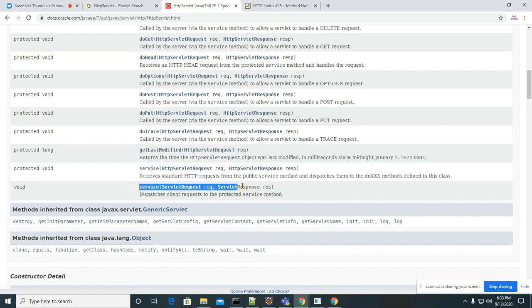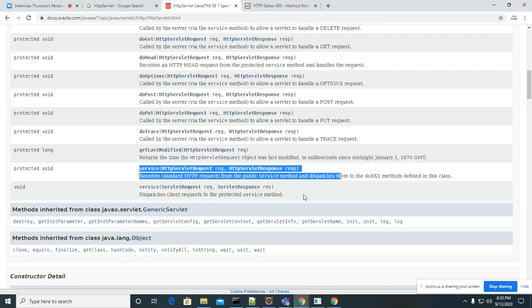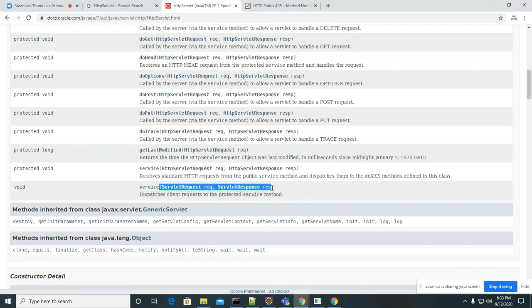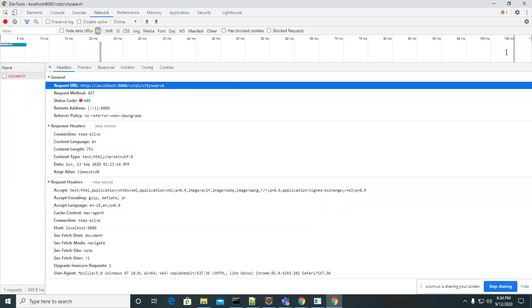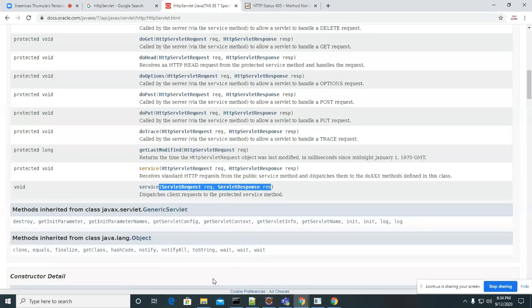That means both are service methods, but one takes servlet request and servlet response, and the other takes HTTP servlet request and HTTP servlet response. Because these are based on the protocol, which protocol are we using? It is the HTTP protocol. If you are using any other protocol, those guys can implement it. Okay, so they already implemented it.